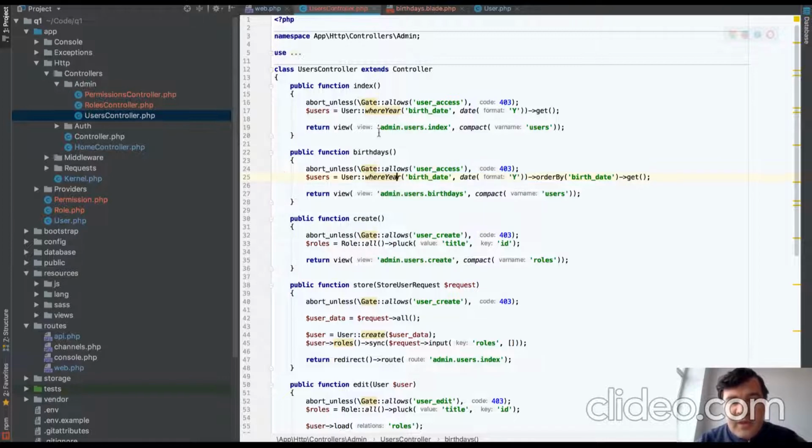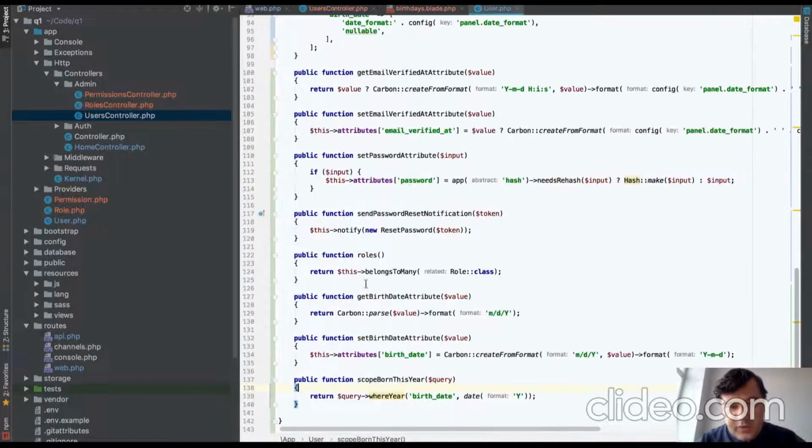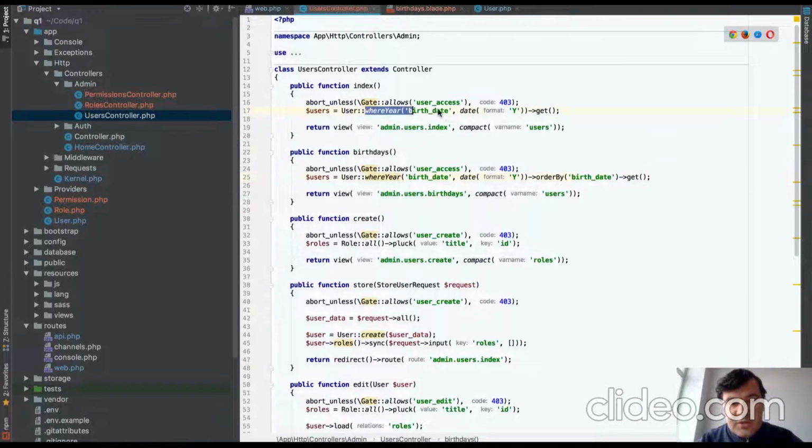So instead of doing that in various places in controller, in our example it's two cases, but it may be more than that, let's put that into a so-called scope. So this is a method inside of your Eloquent model. Scope, let's call it bornThisYear. And all you do is just add some condition to the query, which is the same condition as in controller. And in controller, you change this to bornThisYear. And you repeat the same thing